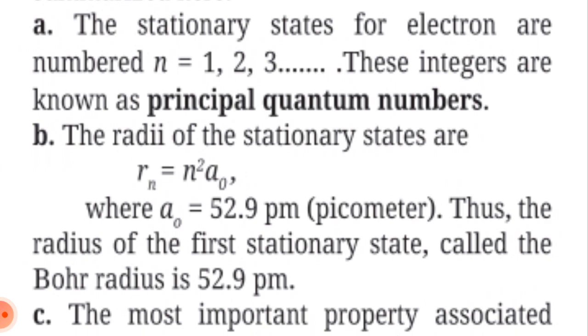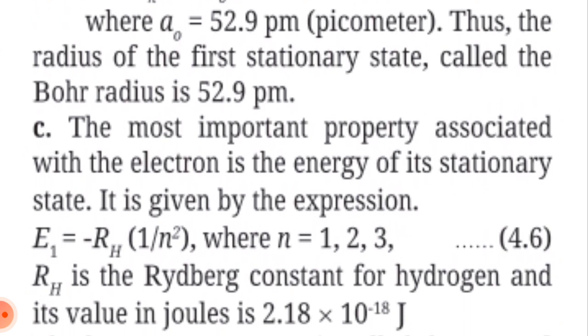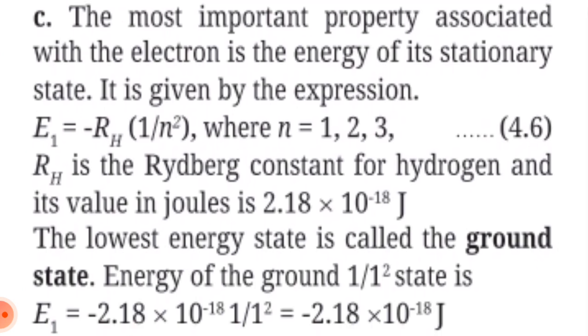B. The radii of the stationary states are given by rn is equal to n squared a0, where a0 is equal to 52.9 picometer. Thus, the radius of the first stationary state, called the Bohr radius, is 52.9 picometer. C. The most important property